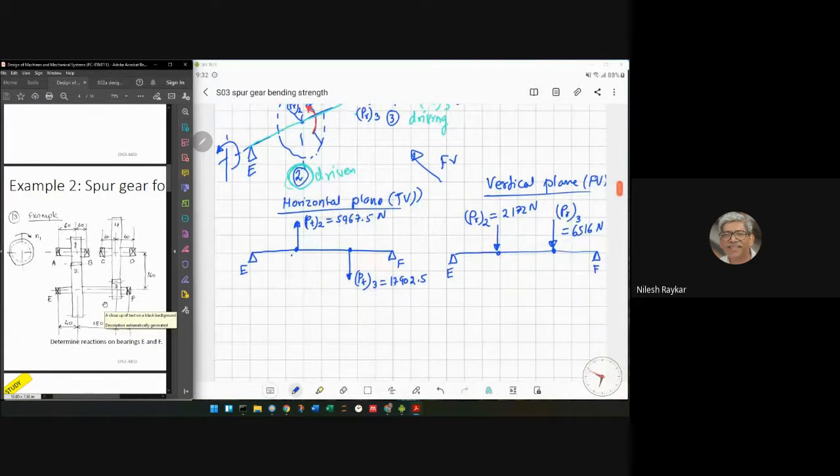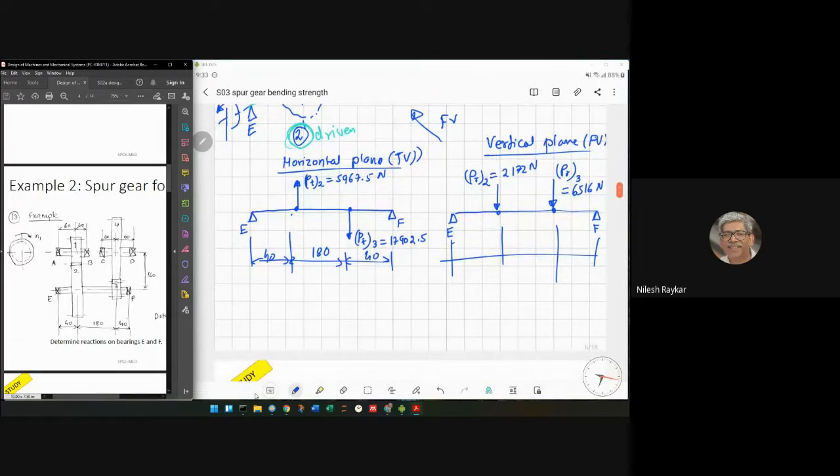So what remains to be done is to calculate the reactions using engineering mechanics. I will not be doing that, and for that we require the dimensions which are given in the figure. So we have these distances as 40, 180 and 40. Same case here. So if you do the calculations, you will get the reactions for the horizontal plane as